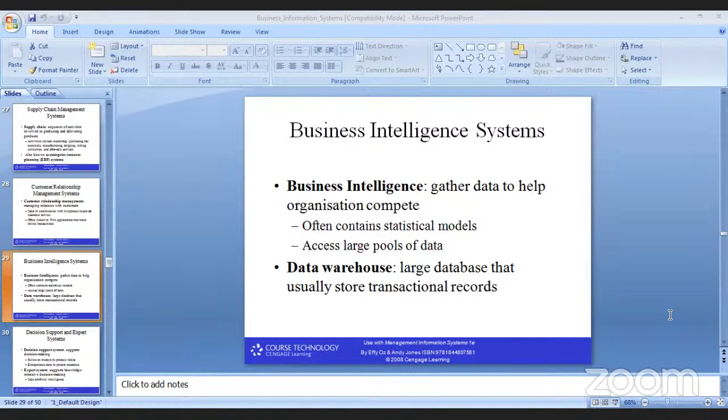Then you can access large pools of data. And that's why the data warehouse and data mining are used. See the chat box, data mining and